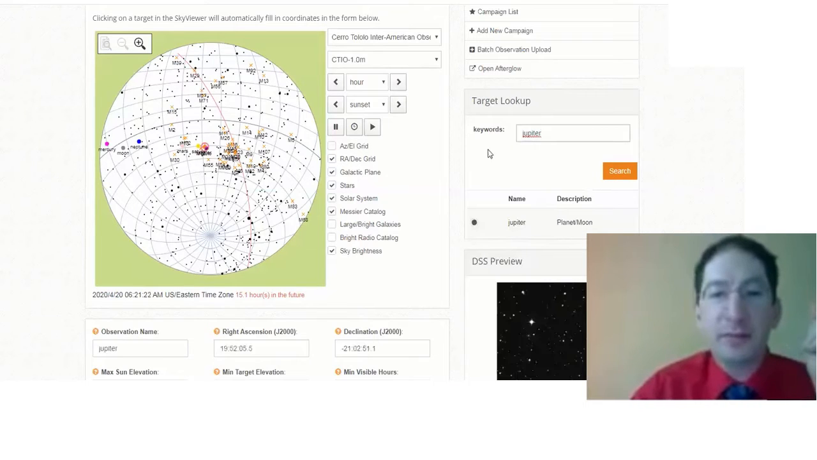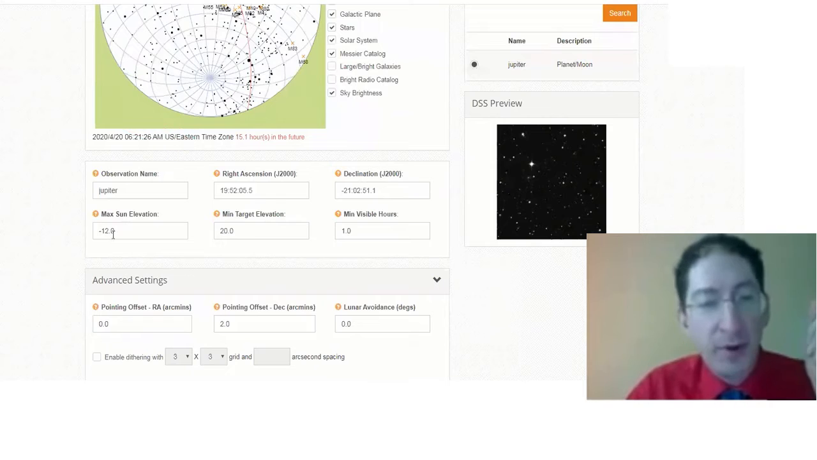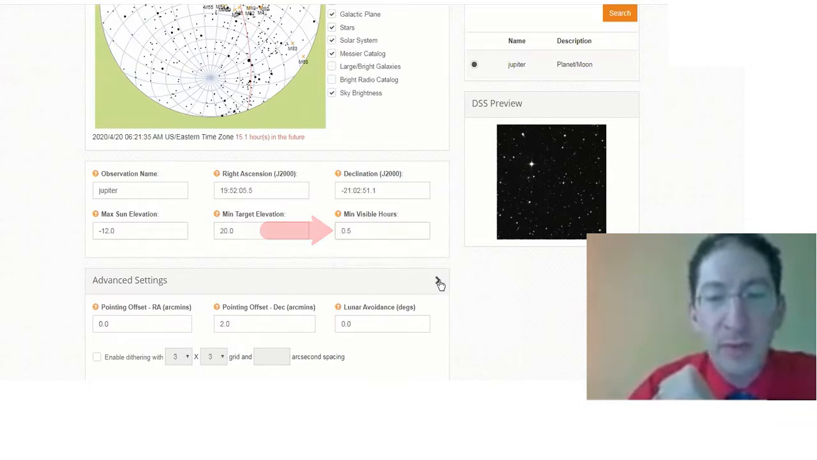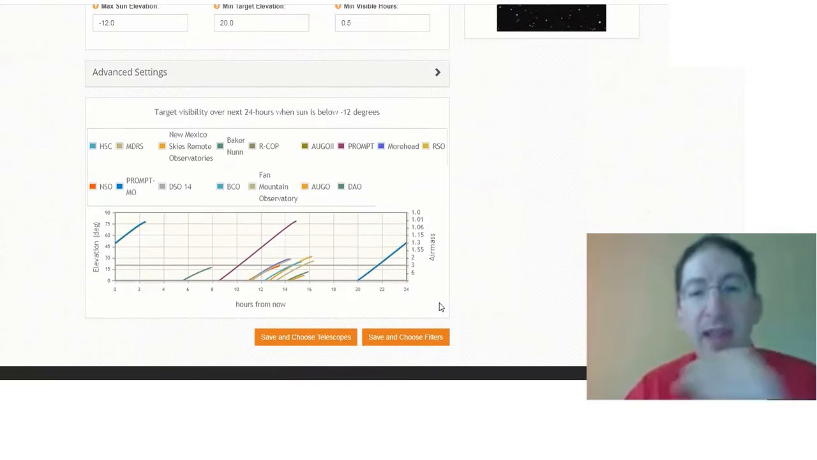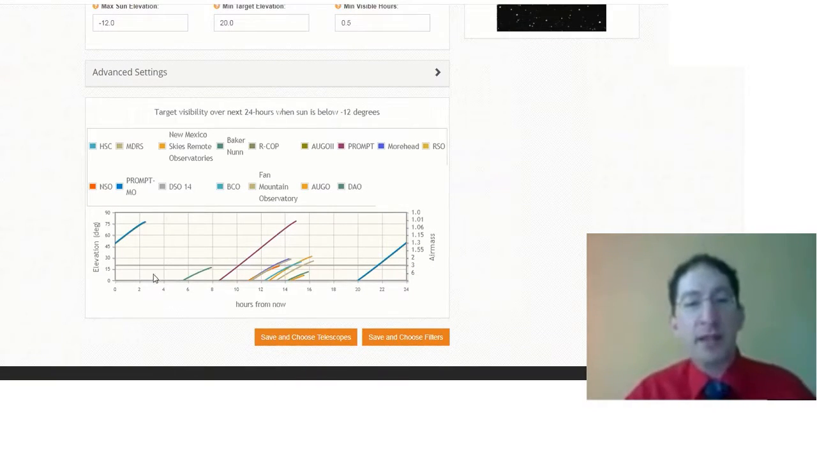Looked it up, found it, it's right here in the sky. Let's check our 3 numbers. We want this to be -12, 20, and 0.5, just like in Lab 1. We don't need the advanced settings. And then we check the air mass chart just to make sure our gas giant is above the gray line